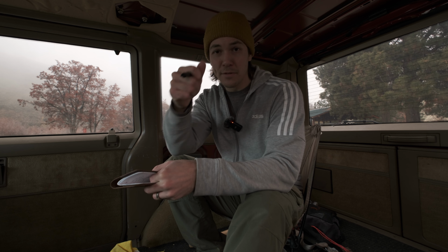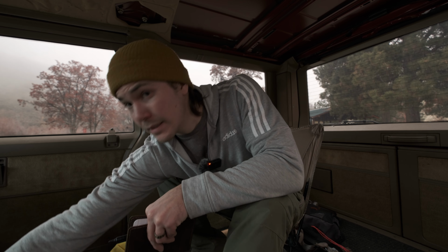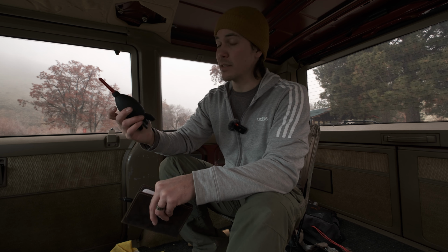I'm constantly using these things to try to keep my gear working as perfectly as possible. Nothing's worse than opening up your kit, seeing a big fingerprint right in the center of your front element on your lens. You can also get one of these little air rocket thingies. Super handy to get some stubborn dust off of your sensor